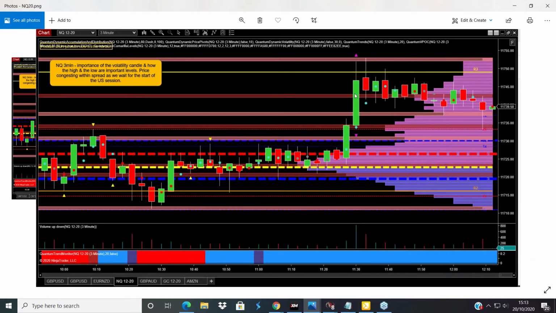So the volatility trigger, and we had a classic reaction in as much that the price action simply retreated into the spread of this candle. Now what that means is, going back to support and resistance, the high and the low of the candle then also become important levels of S&R themselves. So in other words, if you get a congestion within the spread of this candle, then you have to wait for a clean break either in one direction or the other. So that was